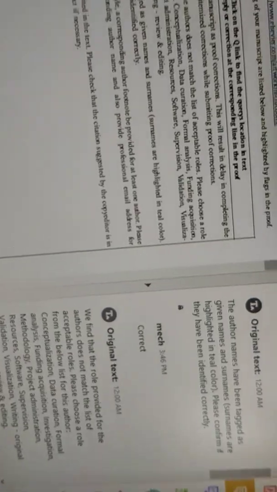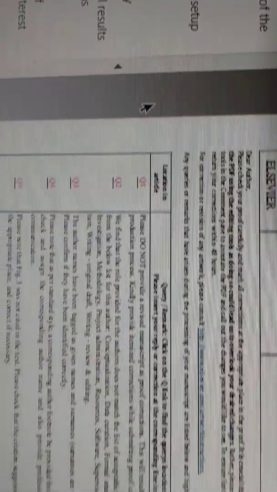Then the second is Q2, to find funding and so on. If you go for this second one, you can read it. One by one you can get it.